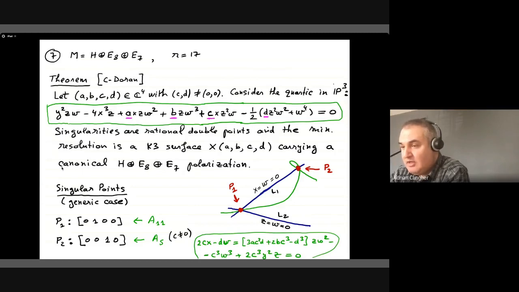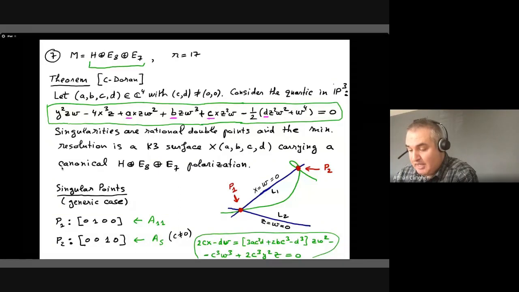This was not just a coincidence for the example we just saw. So if I relax the lattice polarization a little bit, if I take, for instance, this lattice polarization, hyperbolic plane plus E8 plus E7, so this is a rank 17 case,